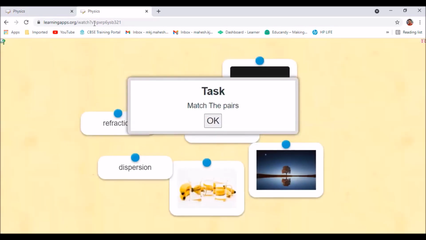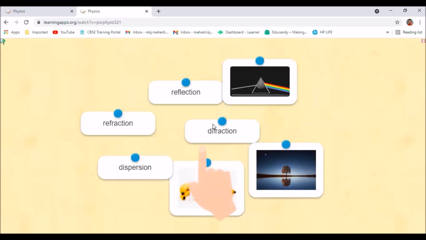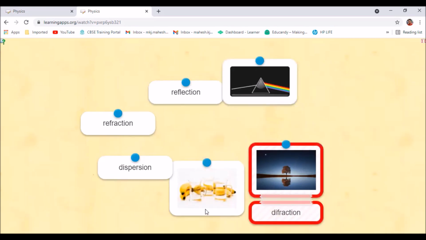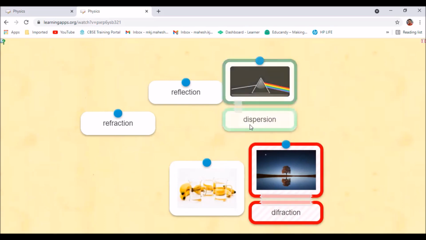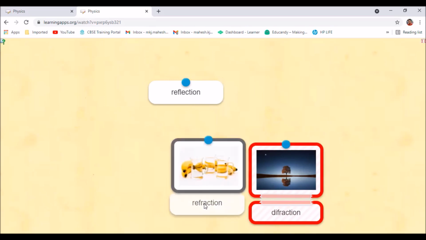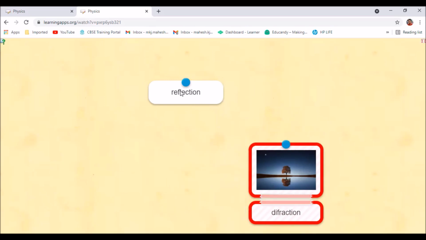And tada, this is what they will see on their screen. They will have to just work on the concept now. They can't see anything. You can see the red color has come there. Here, if it is right, it just goes away. If it is wrong, it still stays there, and you can see, it means the answer is not diffraction, it is reflection. And this way students can understand.